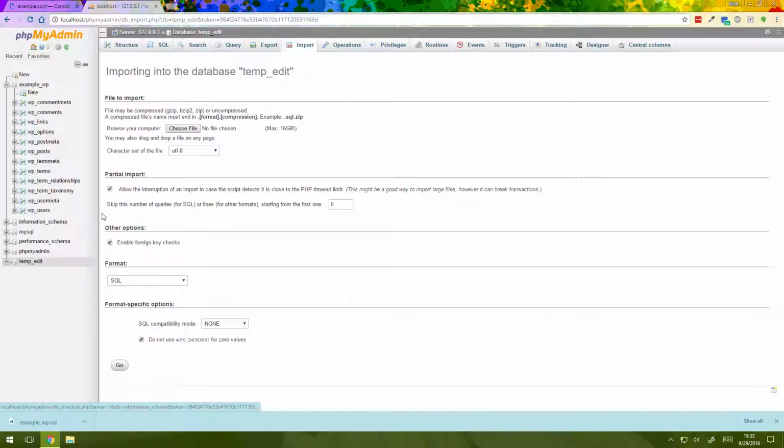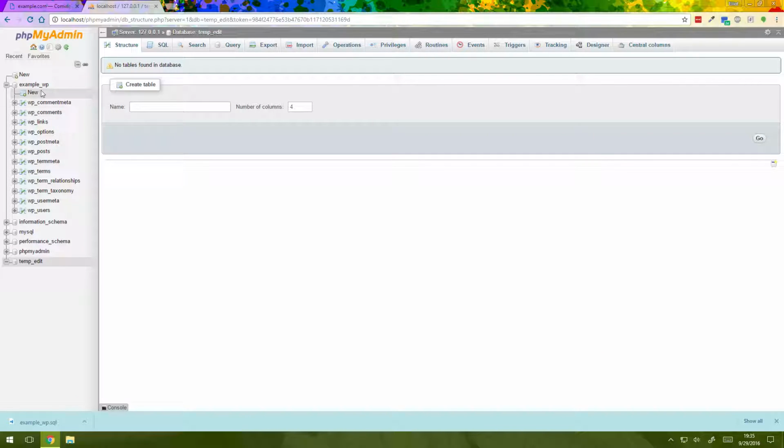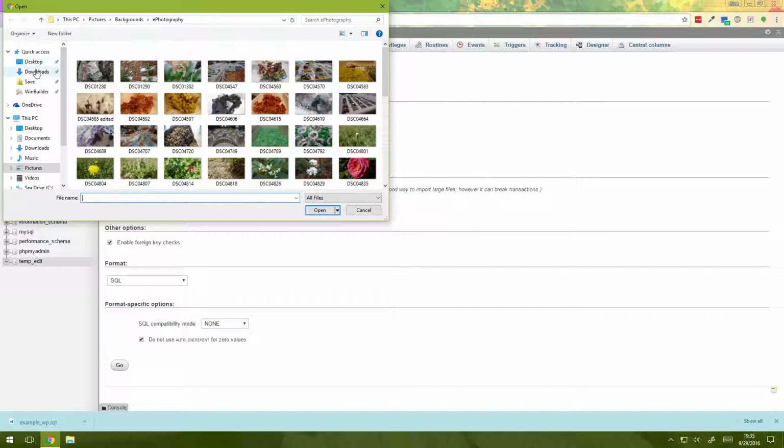So that would be best practice rather than editing the database straight up, because normally there are no backups by default for MySQL. So if you edit it, there's no going back unless you explicitly have a backup, which is not the default. So I highly recommend making a new database and importing the database that you want to edit into it. So in this case it would be